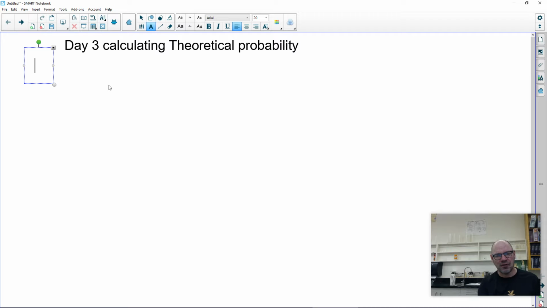So what is the formula for theoretical probability? We're going to call it probability from here on out, but we're going to be specifically talking about theoretical probability. So if I say the word probability, you know that I'm talking about theoretical probability. So the formula for theoretical probability of an event is,